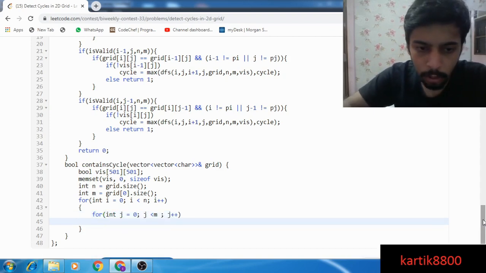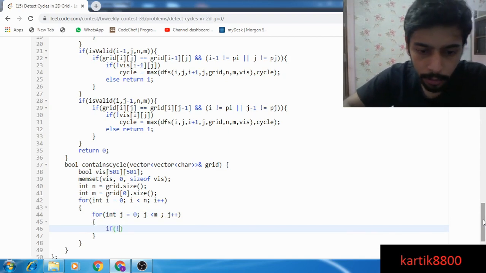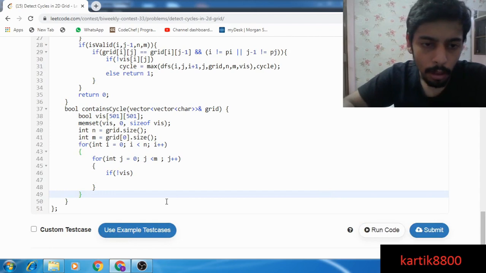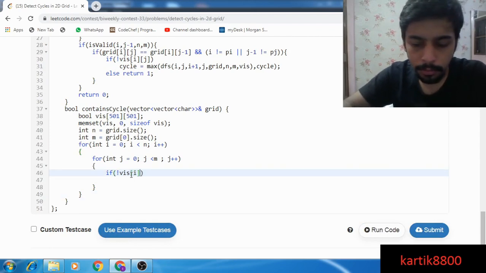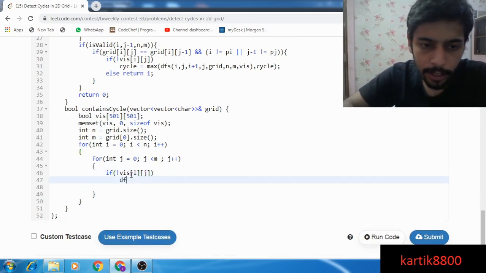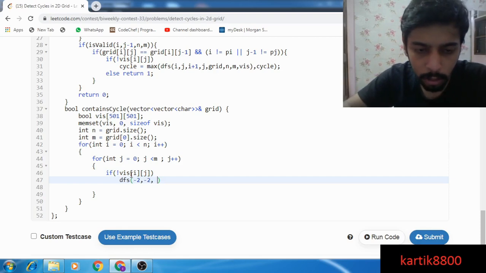If this particular cell is not yet visited at i j, then perform a DFS. For parent, just give parent values equal to -2 maybe, something that is invalid because initially there's no parent for i comma j.